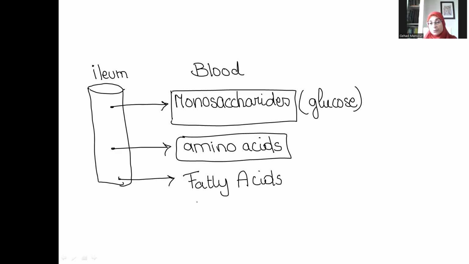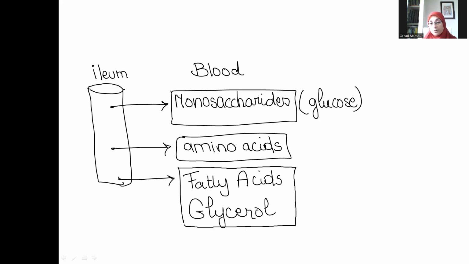And in addition to the fatty acids, we have a molecule called glycerol, and you always confuse this molecule with glycogen. There is a big difference between glycogen, which is the storage form of carbohydrates in animals, and glycerol, which is the second of two final products of digestion of fats. These are the simple, soluble, small molecules that